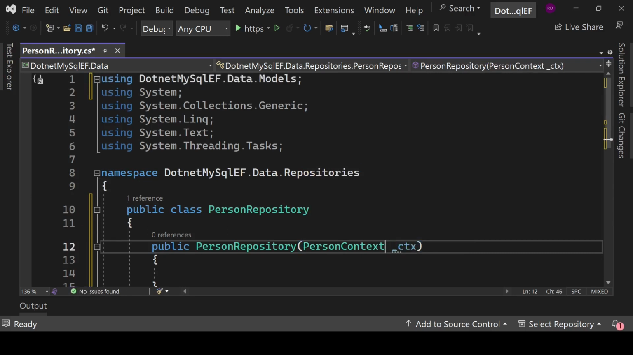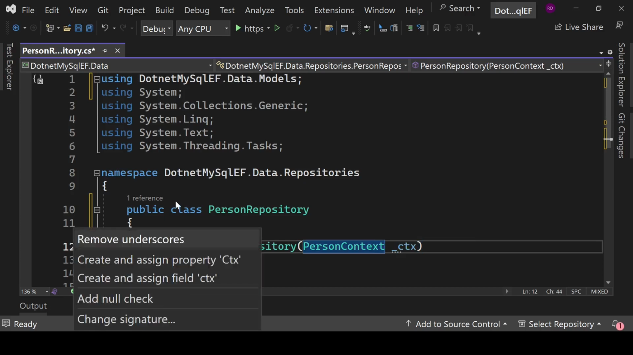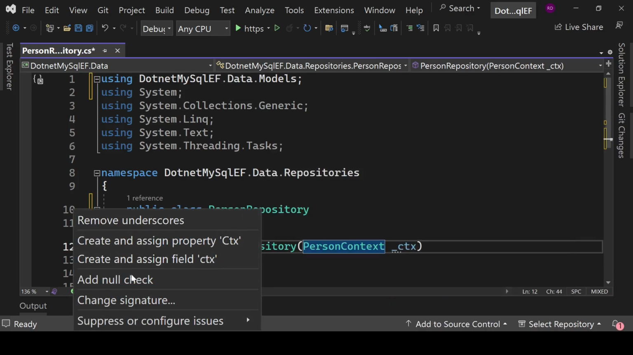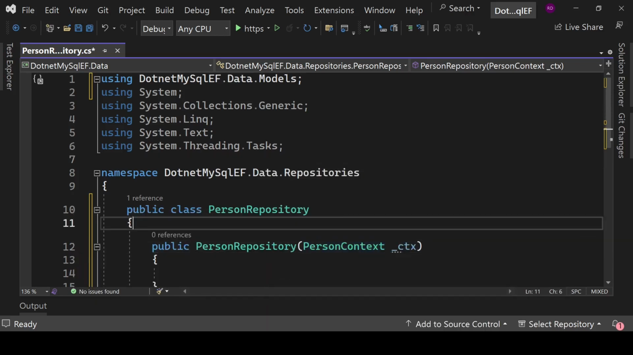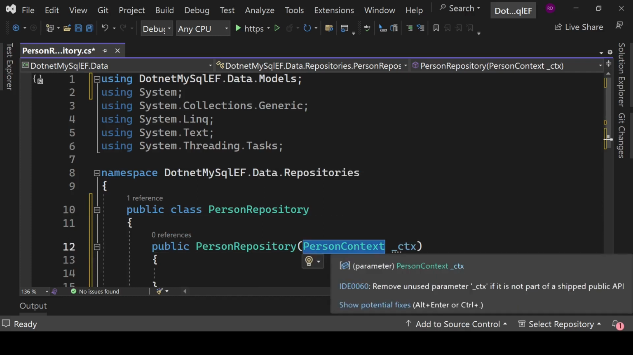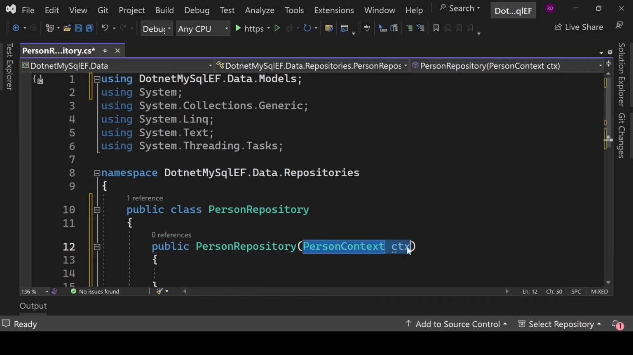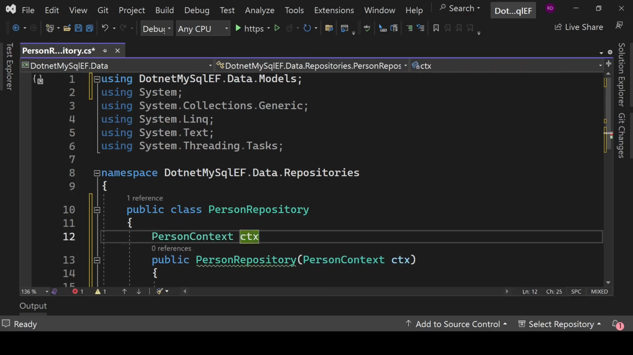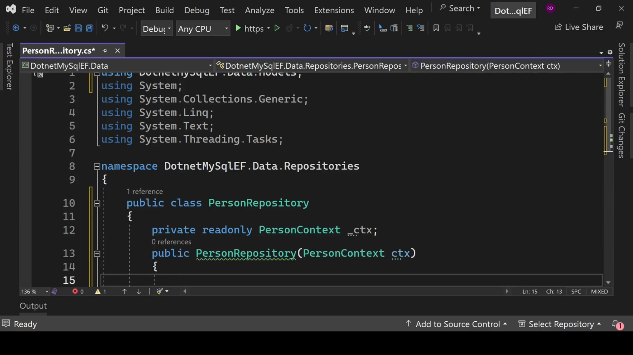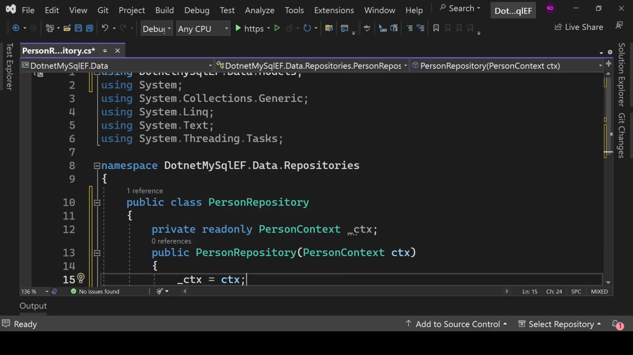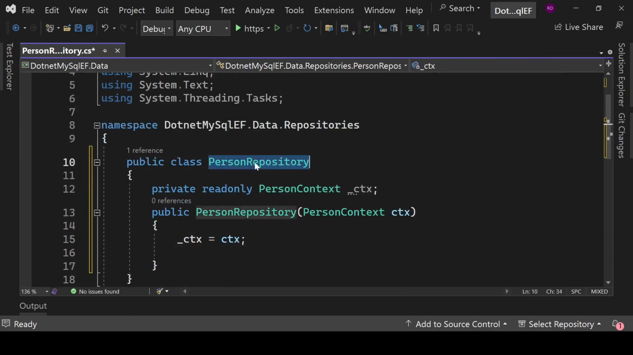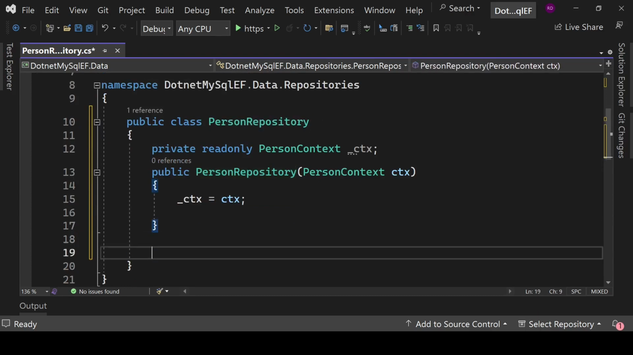ctx here, and just press Ctrl and dot, and you will see that we should have a few things here. Okay, so it is not working right now, so we will do it manually. Let's remove the underscore from here and just copy this here, private readonly context _ctx, and here ctx equals to ctx. So we are injecting our PersonContext into this PersonRepository class, and here we will define